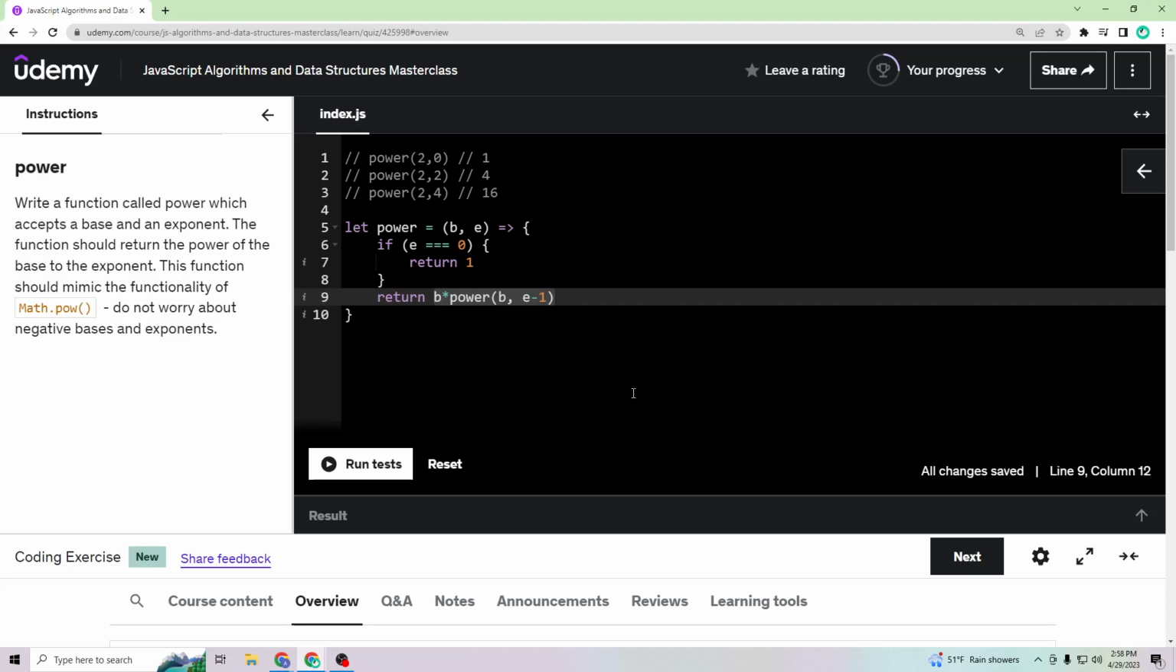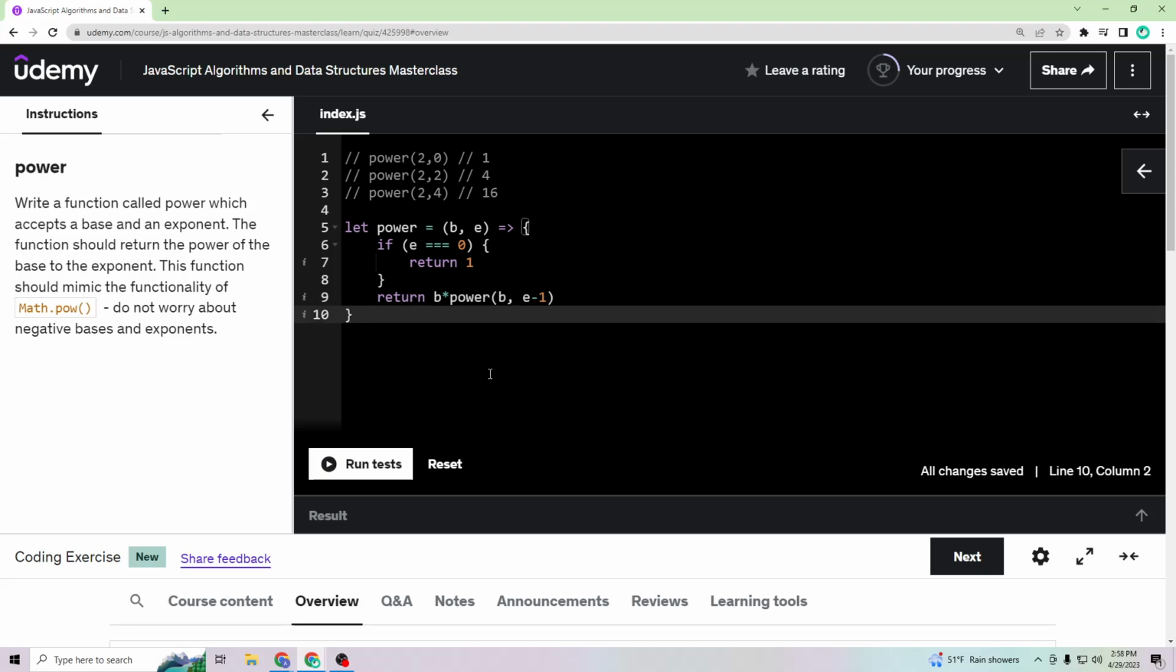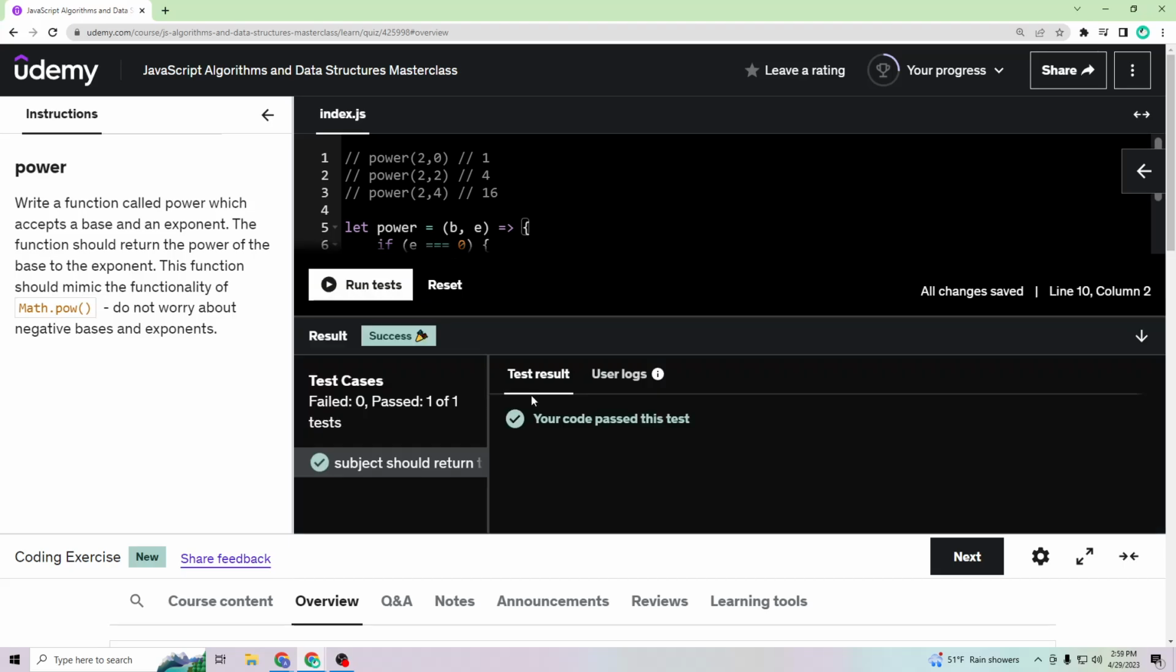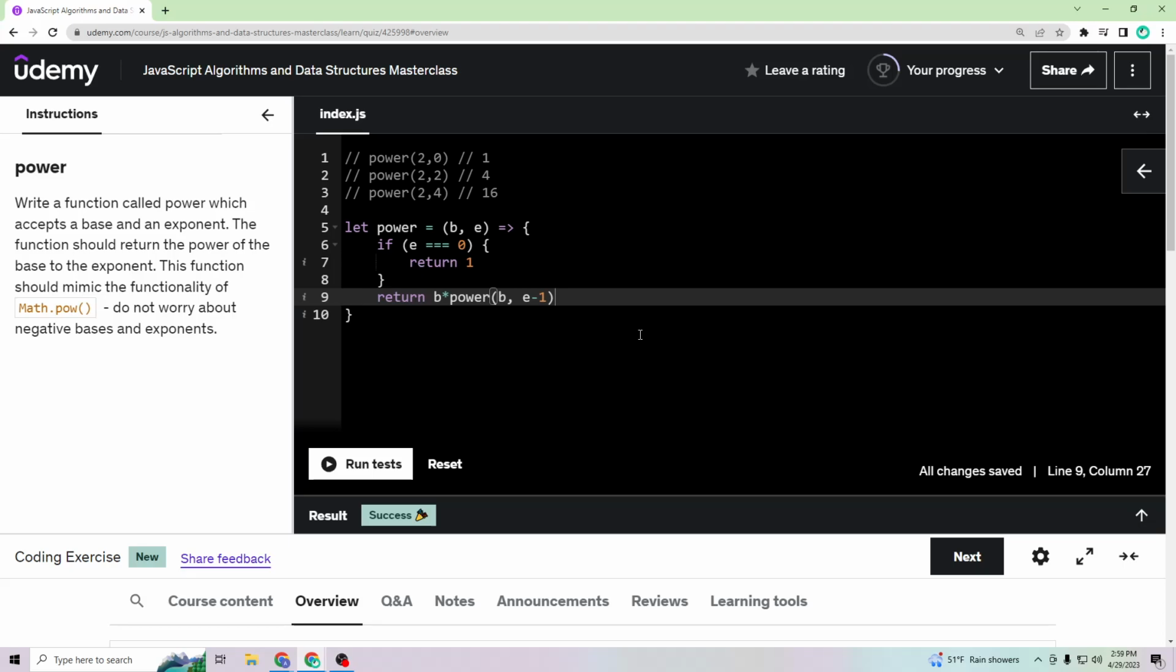So let's see, do I need anything else? I don't know if I do. Let's try this. Test cases. We passed the test. Okay. Okay, so I think it's working. Let's do just a console log of our